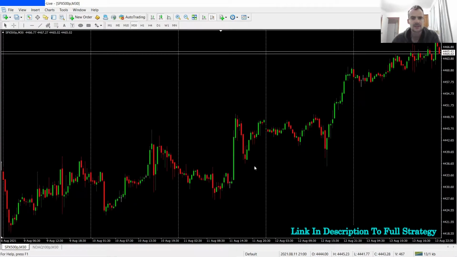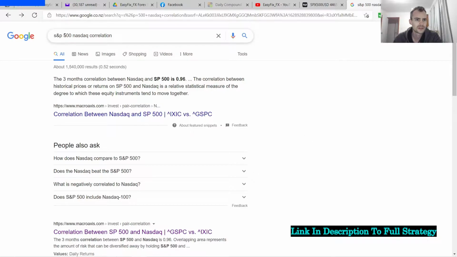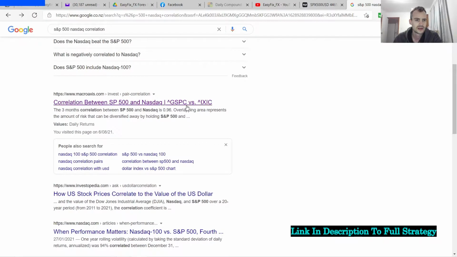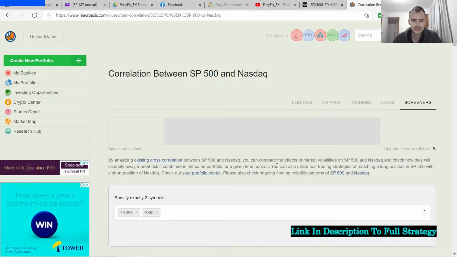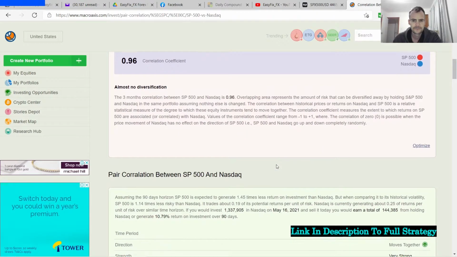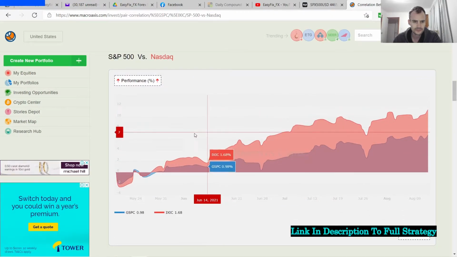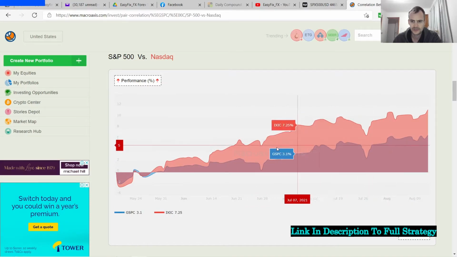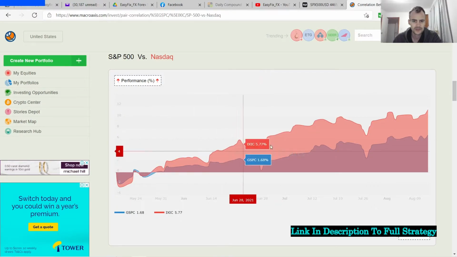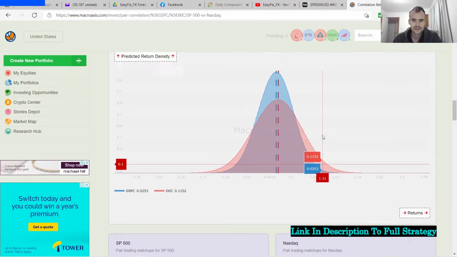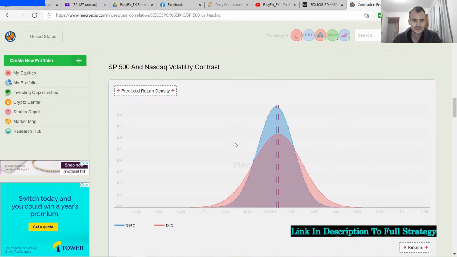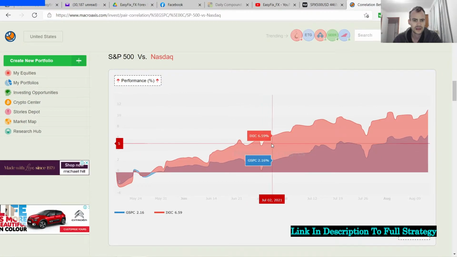where you guys can actually see it explains how highly correlated the NASDAQ and the S&P 500 actually is. So if you come here into Google and you type in S&P 500 NASDAQ correlation, and if you come to this website over here, or basically any one of these websites, but I just want to illustrate this on this website, it explains the correlation here between the NASDAQ and the S&P 500. And if you come down to here to this actual performance, you'll see how highly correlated both of these actual indices are. You can see that basically the only difference is that one is valued differently to the other in numerical value. But you can see how even the volatility contrast and just in general how correlated this pair is